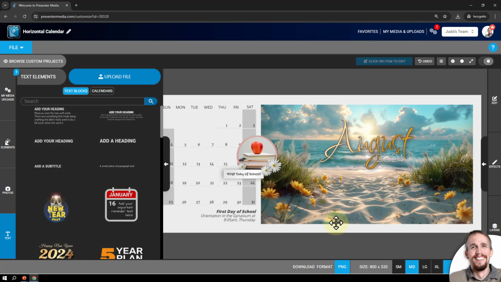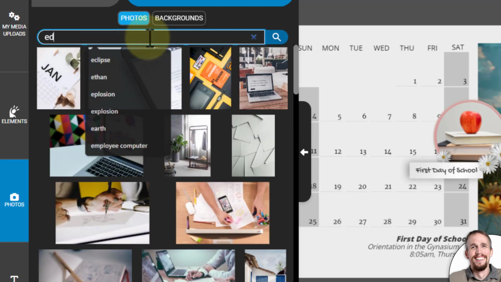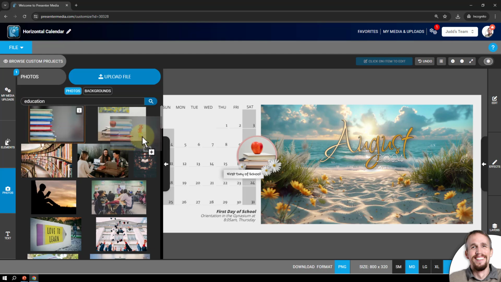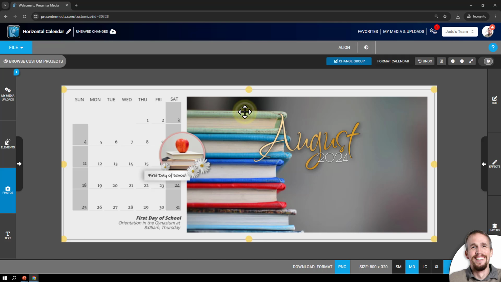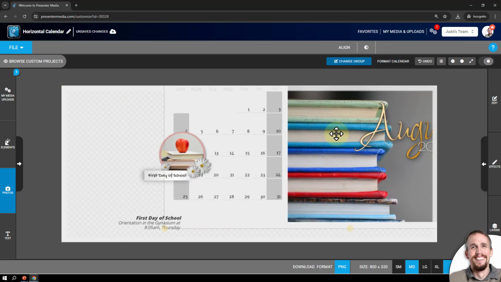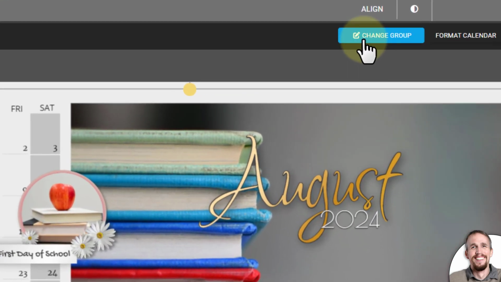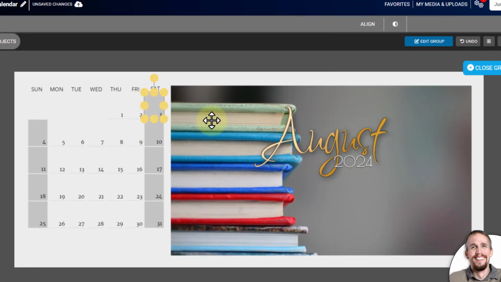I'm going to change this beach scene, and we're going to make this more of an education. That looks good. Oh, these books would be nice. So I'm just going to drag and drop that on top of that photo. Since this is, again, a group, you can see I can move the whole calendar group around. I'll need to select that calendar, go underneath Change Group, and now I can change and edit the pieces inside